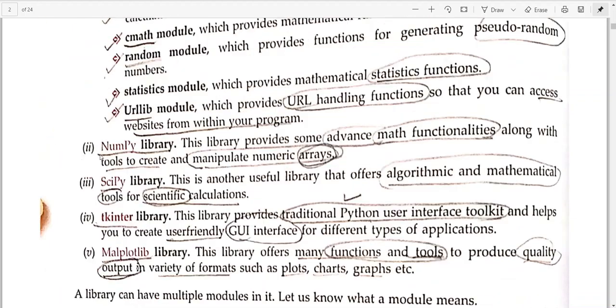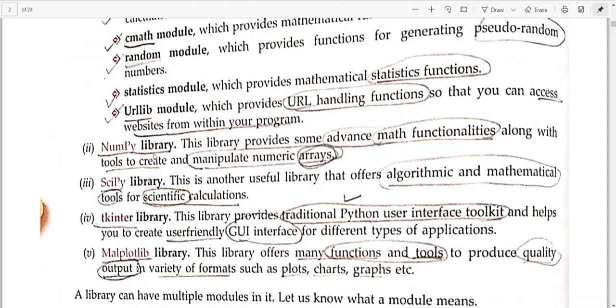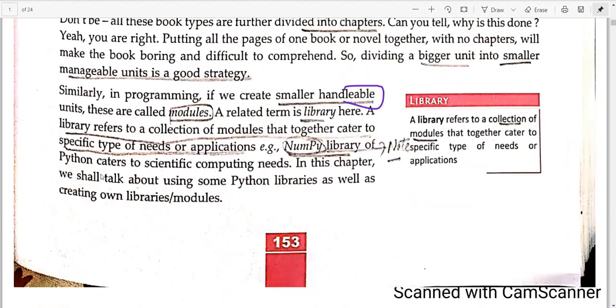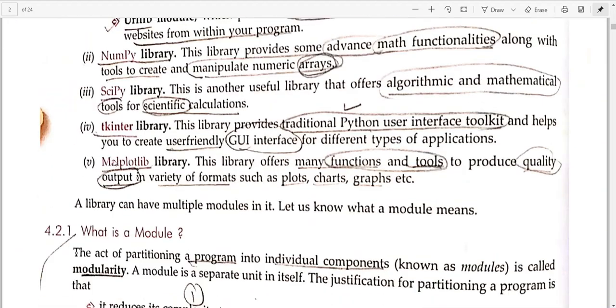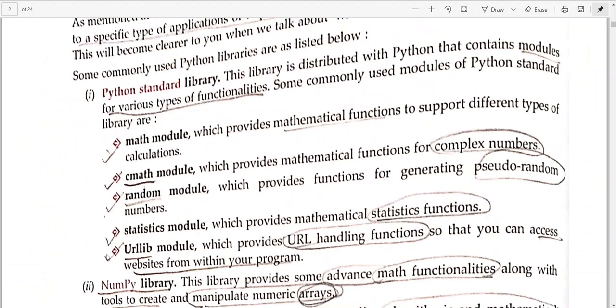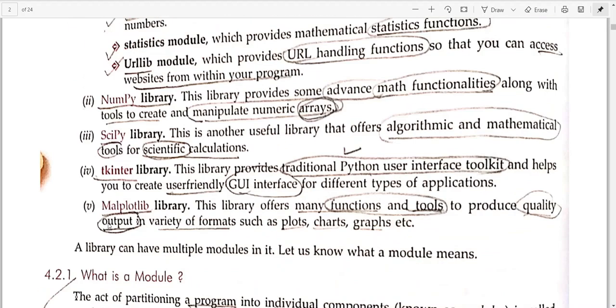The next library is the NumPy library. This was your Python standard library. Fine. Now we will be reading about the NumPy library. In the Python standard library we have 1, 2, 3, 4, 5 modules. These general modules come by default when you download Python. Okay, so these other libraries you need to install separately. As you need these libraries, you keep on installing them step by step on your desktop.